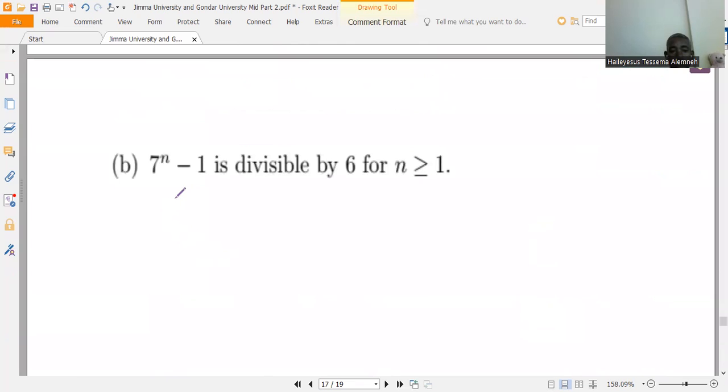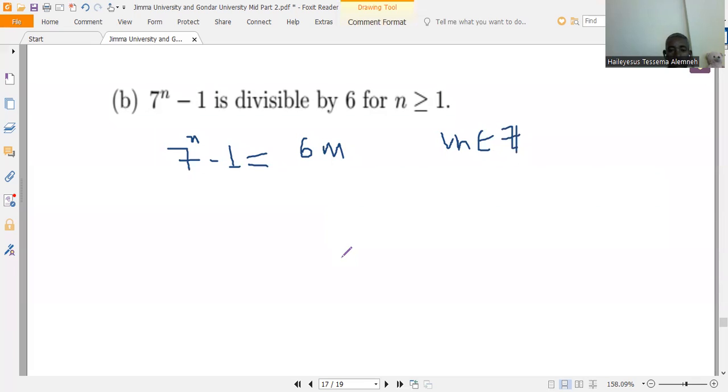The next one is b: 7 the power of n minus 1 is divisible by 6. Prove this one also by mathematical induction. የሚለው which is divisible by 6. divisible የሆኑ በ6 divisible የሆኑ ነምበሮች እንዴት ነው የሚቀመጡት? 7 the power of n minus 1 is equal to 6 times m, for m is any integer. m is any integer, 6 times m እናደርገው